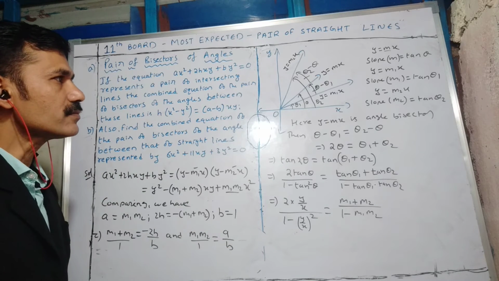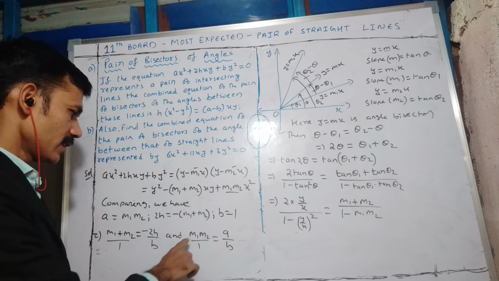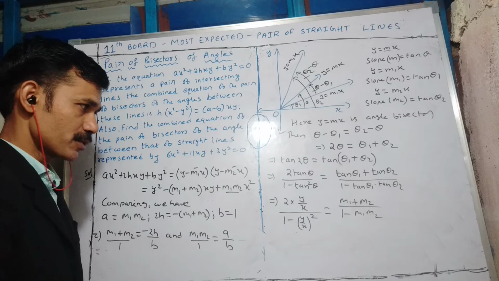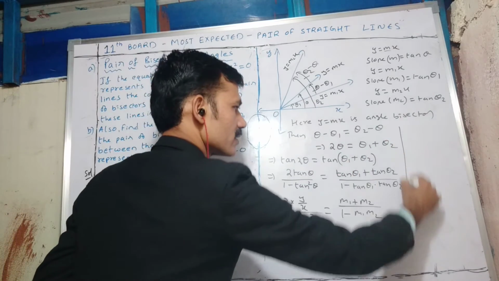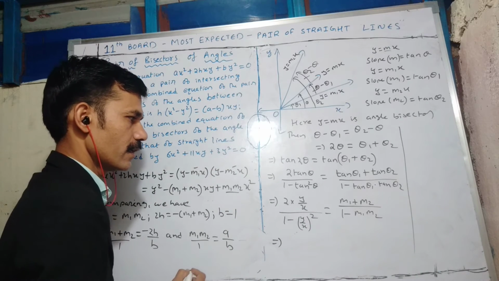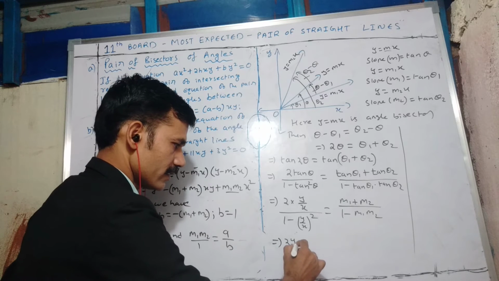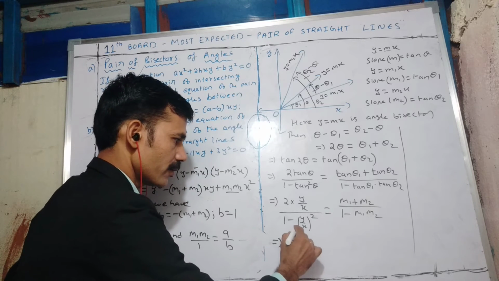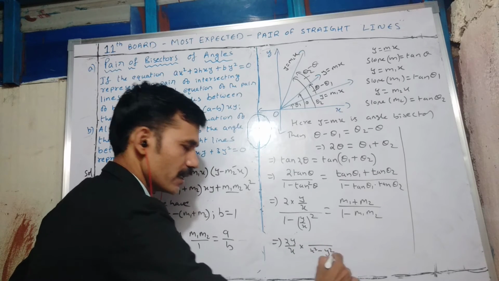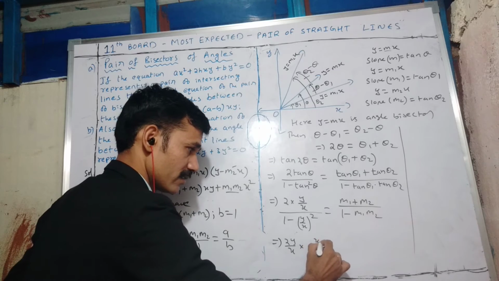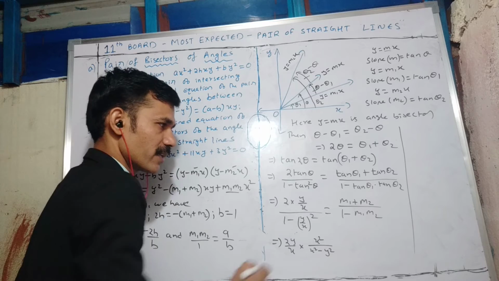See, how can we simplify? Here we are having m1 plus m2 values and m1 into m2 values. Substitute them there. Here only I will substitute. 2y upon x is there. Then in the denominator, what are we going to have? x square minus y square, whole divided by x square. The denominator is a fraction, so I can write the reciprocal and bring it to the numerator. It will become like this.